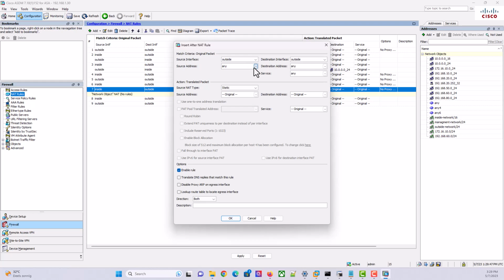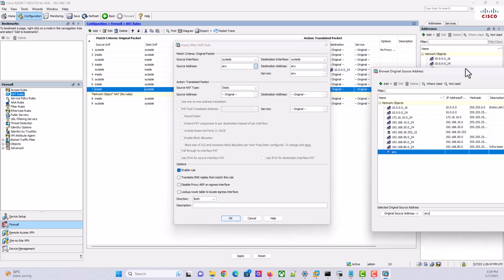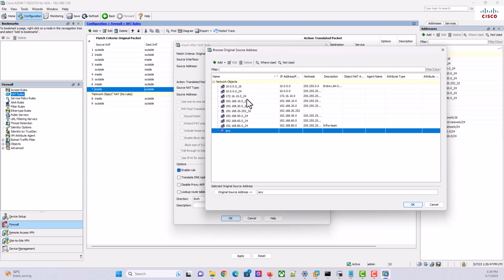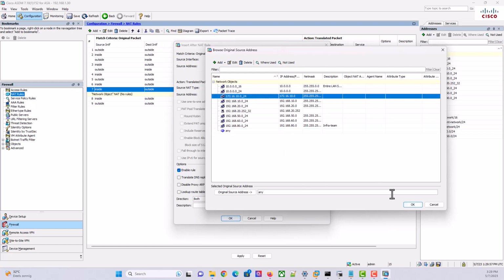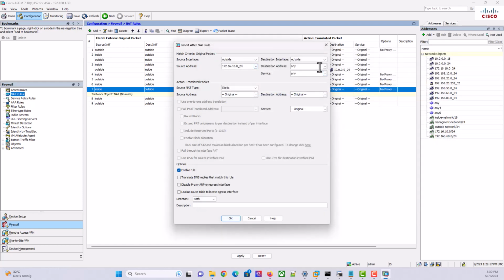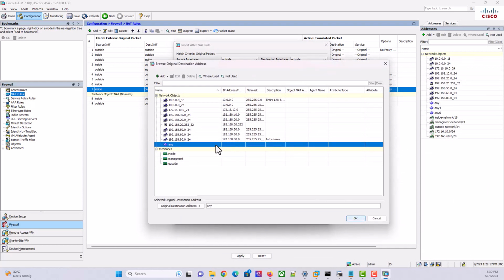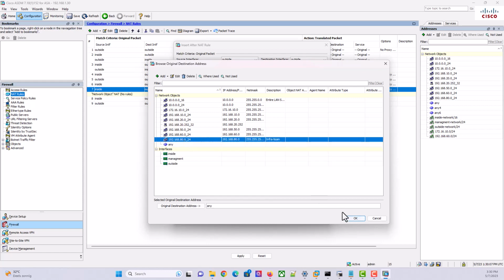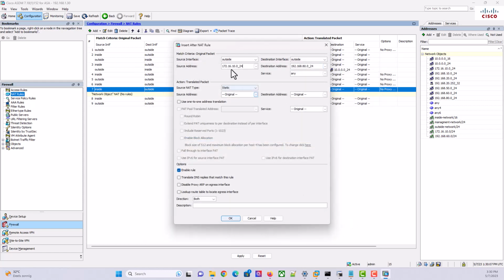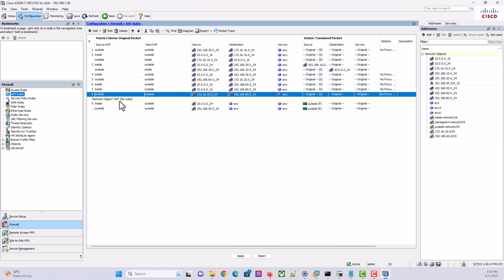and source. So we can say if it's coming from the subnet. Okay, hit OK. And destination is this subnet. You could have done it in the reverse, right? It doesn't really matter. It's still bi-directional, and it's going to this location. Okay, done that. Disable proxy, do a route lookup,